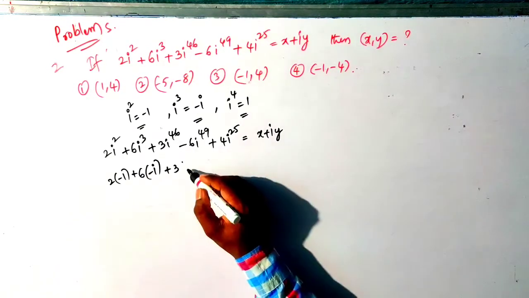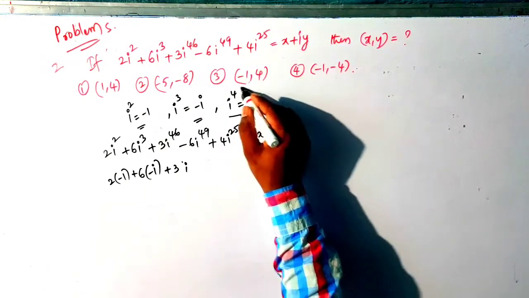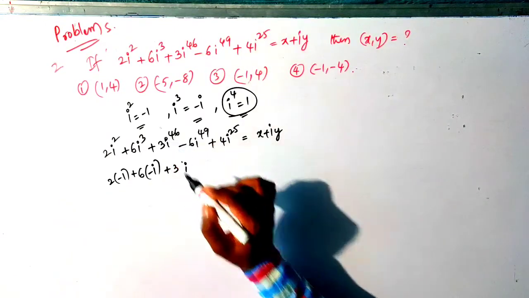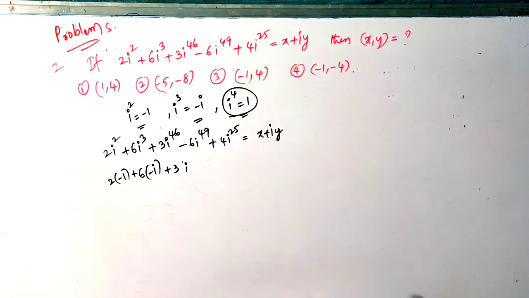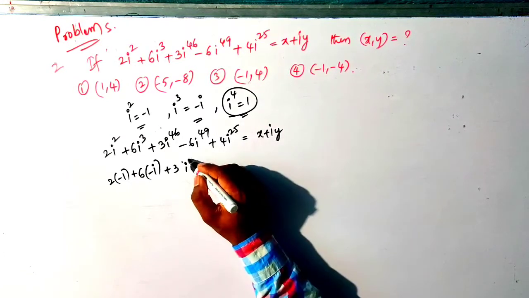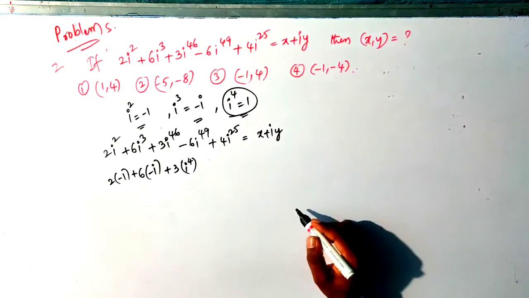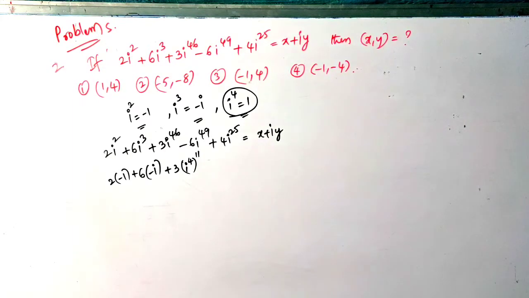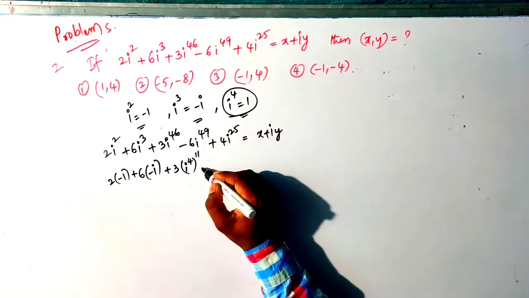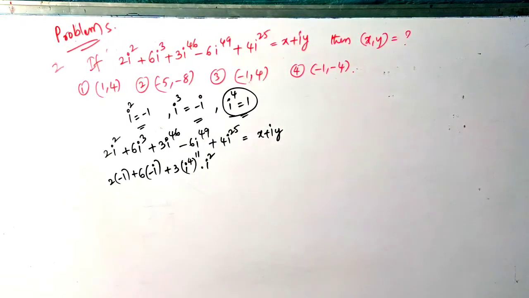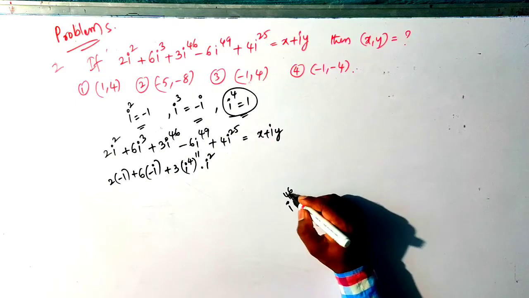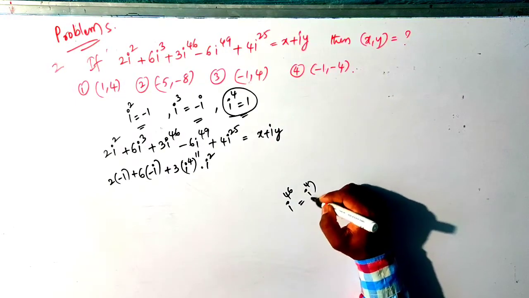So see, first of all we take only this one, more than 4, that is a multiple of 4, a value very near to a multiple of 4. That means if we take multiples of 4 near it, 4 elevens are 44. Clear? So i power of 4 whole power of 11 we write here. So the remaining 2 will exist here, so that is i square. Clear? So i power of 46 can be written as i power of 4 whole power of 11.